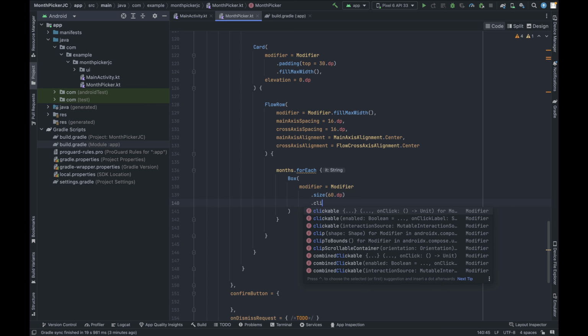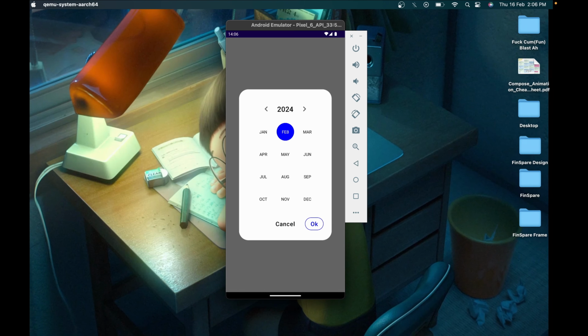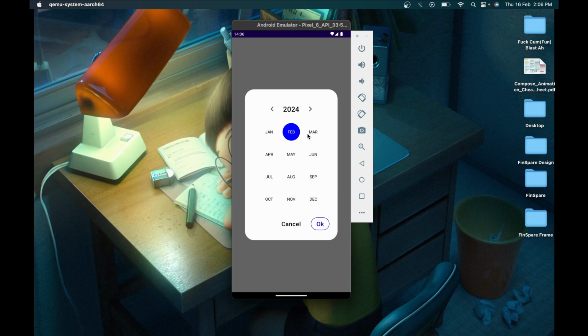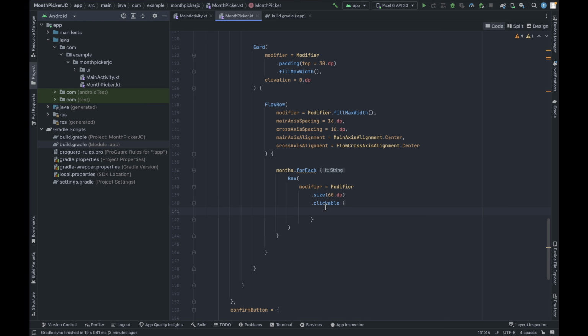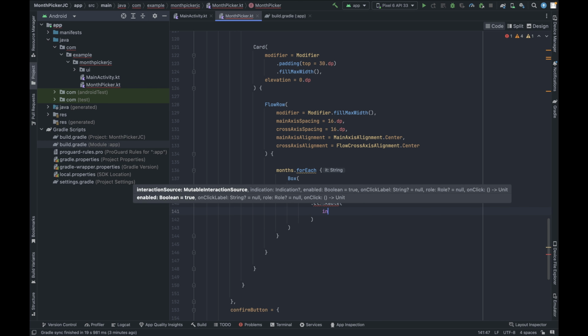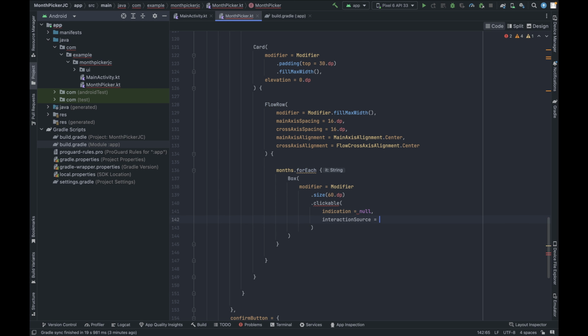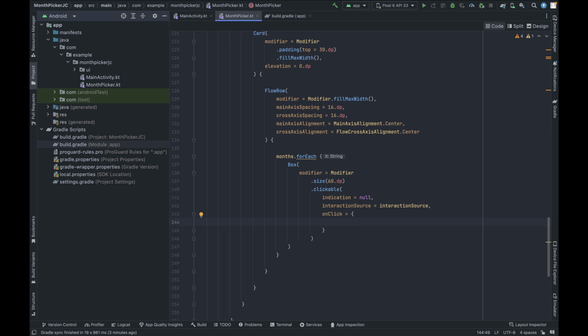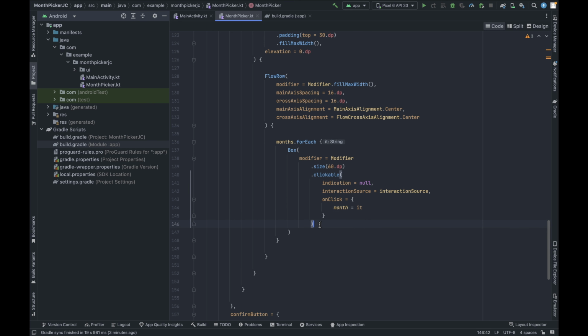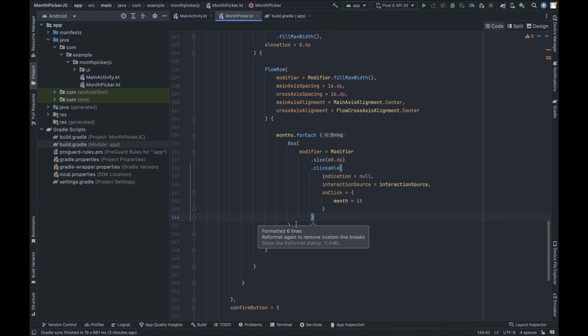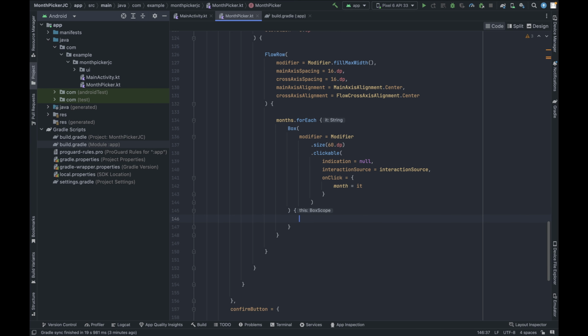And also it will be clickable, and when the user clicks on January, February, or any of the months, this set of code should be executed. So not this clickable, we are going to use this. Here we will pass indication as null and interaction source as our interaction source, and in the onClick we will pass the month to it. I think it's done. And here in the box,